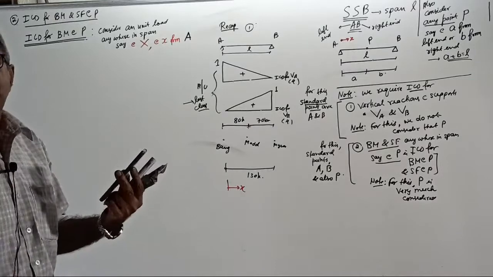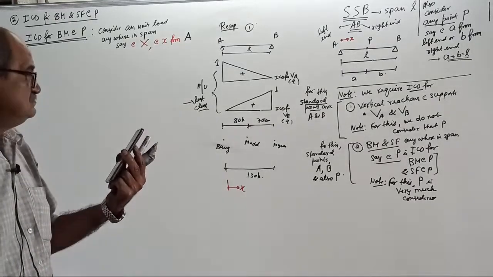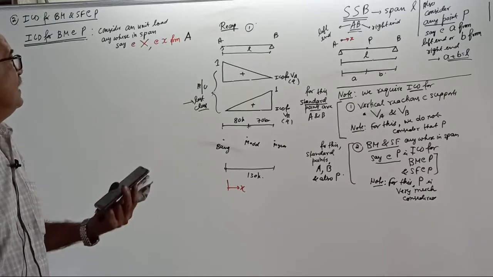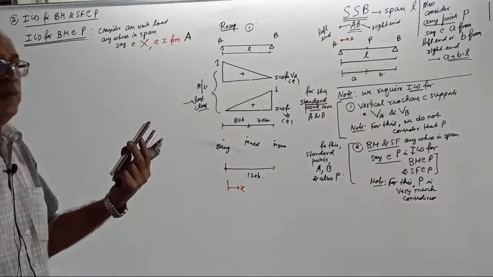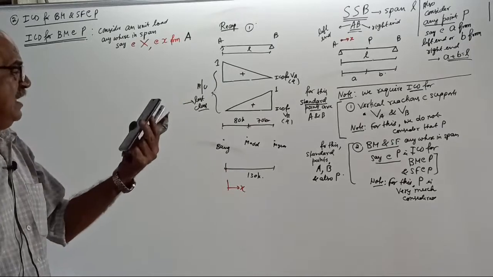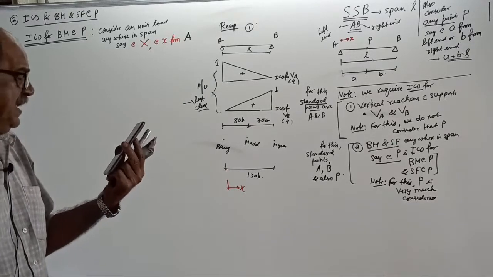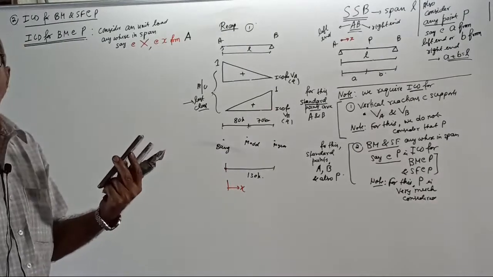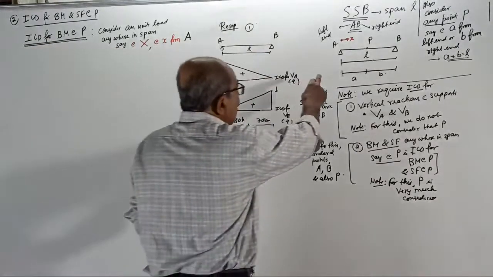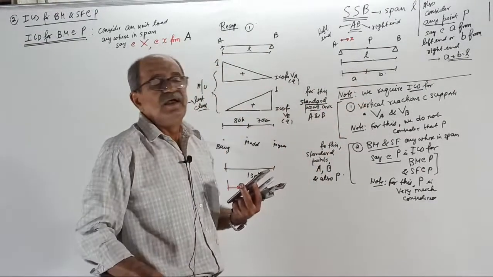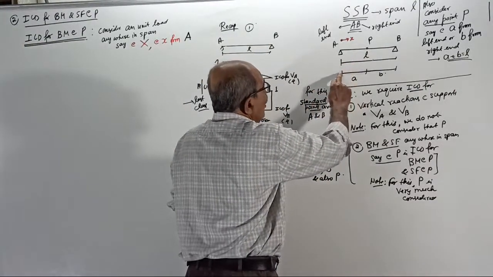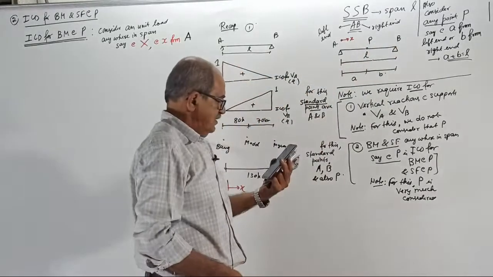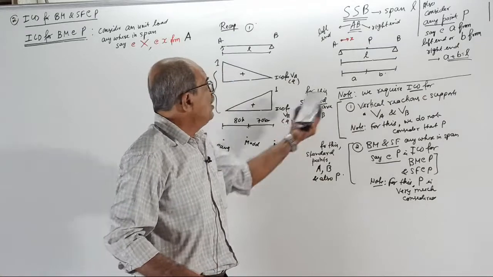P to B, limit. B will not come. P to capital B. A to point P, 0 to small a. And point P to point B, limit. You require two limits. A to P is 0 to a. P to B is measured from here only. First is 0 to a. Second one